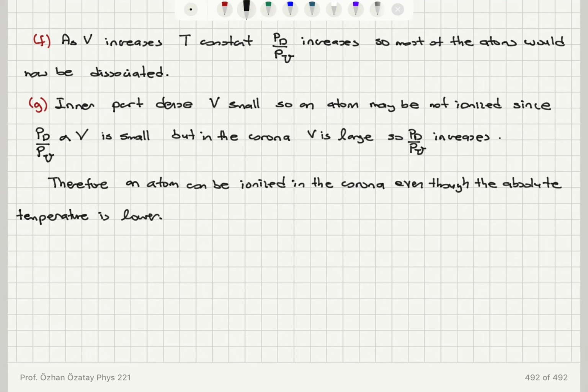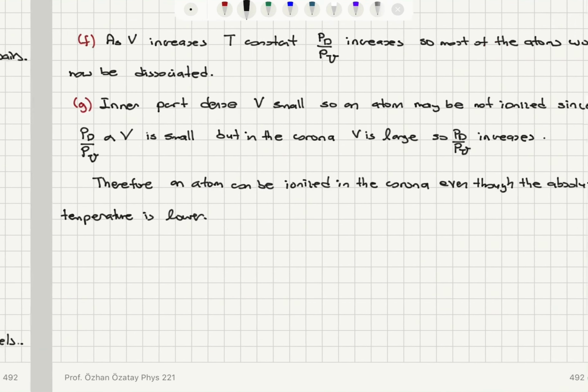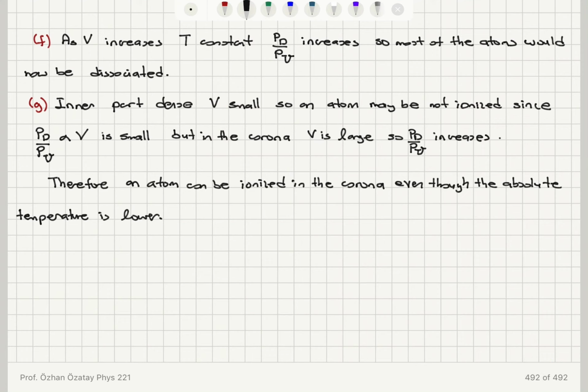So the question is, which one will dominate? If you look at the ratio of the probabilities, how much lower is the temperature and how much higher is the volume? Since the volume is much greater, the change in the temperature, so basically this is telling us that the delta T